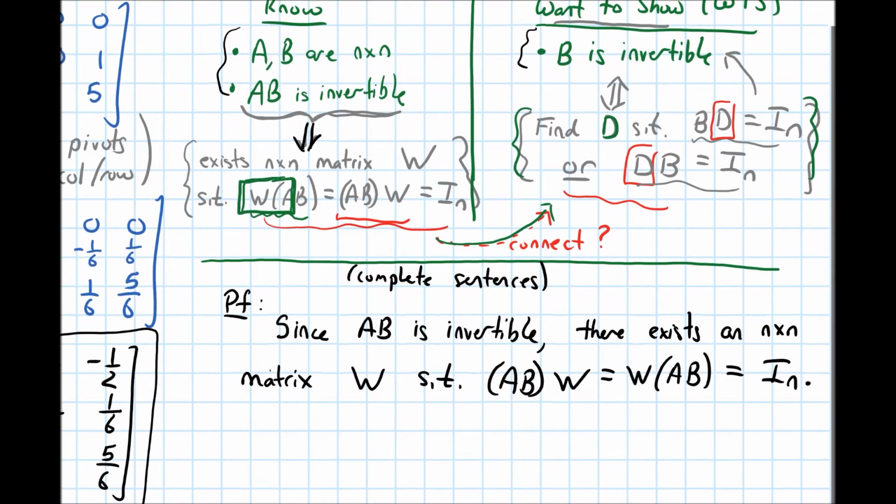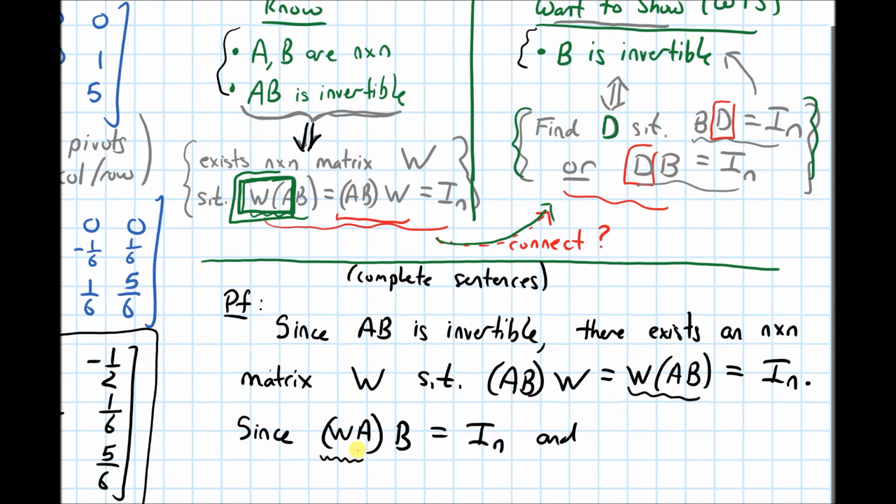So now, just like we did in the scratch work, we need to say something like, this is that matrix that I multiply B by, that shows that B is invertible. Actually, I think a better connecting word is "since". So since W times A times B, I'm using this part right here, I've just moved the parentheses around. Since W times A times B equals that identity,